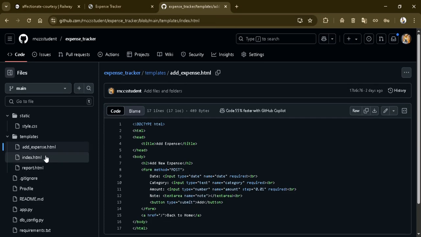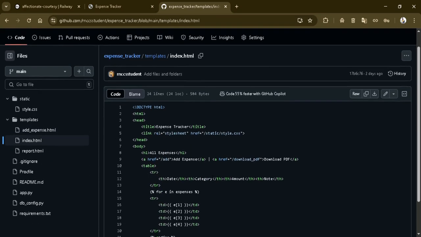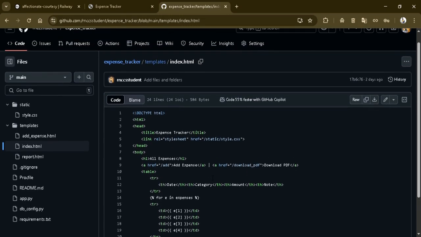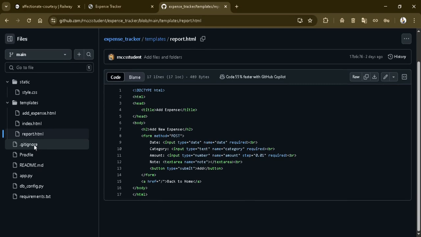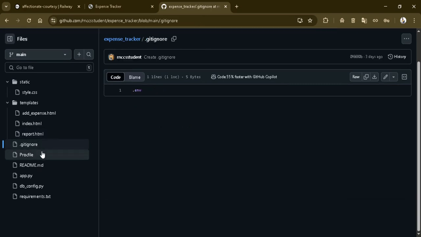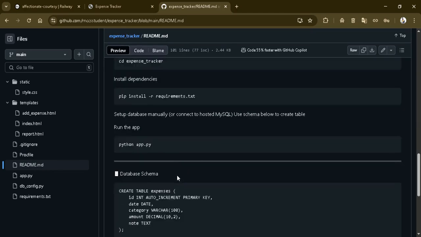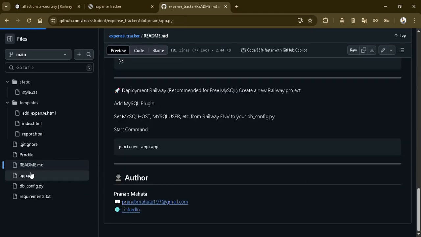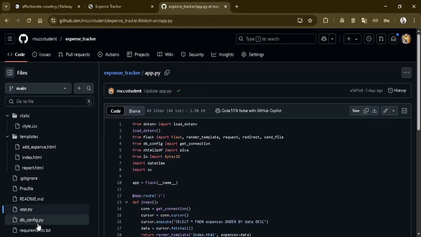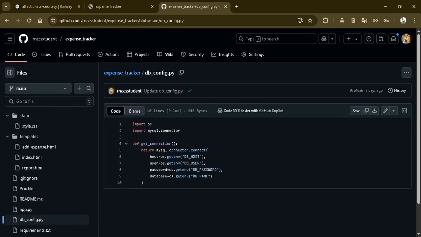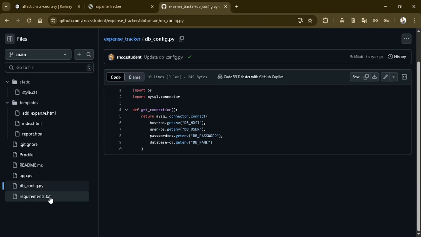And index.html, this is the front end view page, and through this report you can add, and here there is a back to home button, and .gitignore through which you can hide your password. And this Procfile is needed when you upload this, and app.py is the main file, and the db.config file. So this is the db host, db user, db password, db name, which is required, and a